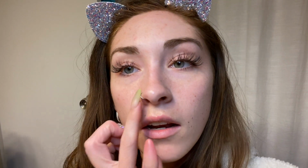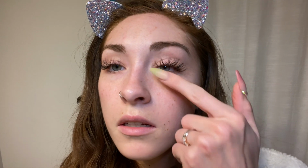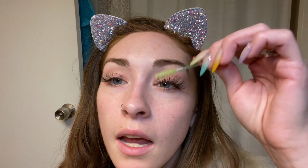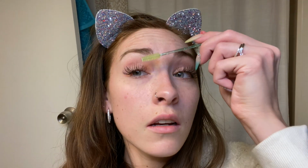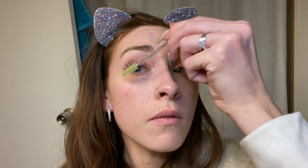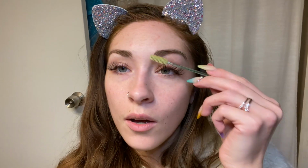Okay, so it looks like now I have to go back in on that eye because there were more hairs than I thought over here. So I am probably not done, but you know what, for today, I am. I'm not sure why refilling it was just as hard as doing a full set. Not really sure about that, but it was very time consuming. This is the final result for now. I hope you guys enjoyed this, and I will come back if I add any more to it and show you the actual